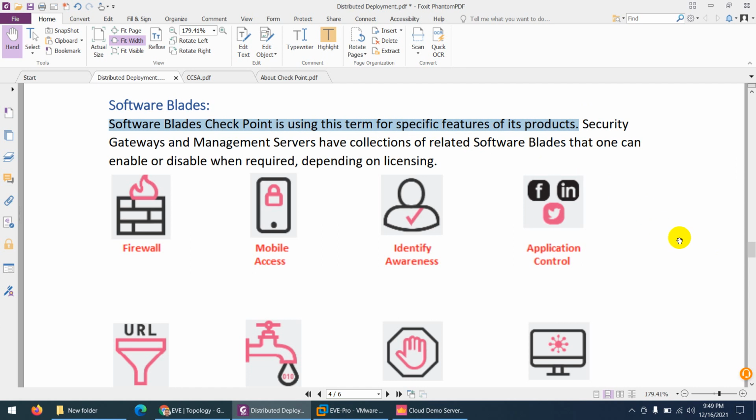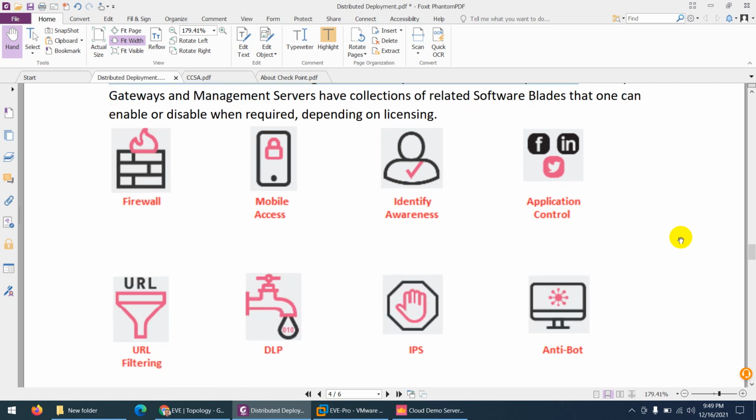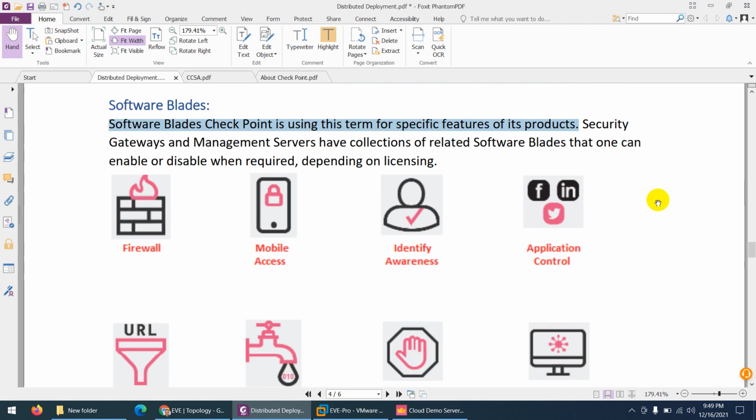Whenever you require an extra feature in the Checkpoint next generation firewall, the security gateway, or the security management server, you need to install software blades, which provide the extra features. Suppose you need application control, just enable the application control software blade. If you need identity awareness, install that blade.